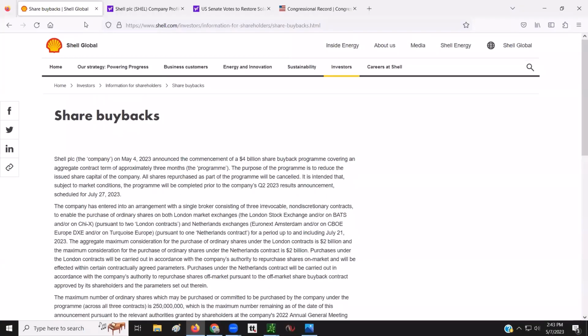Directly from the direct source, not the opinion of a media outlet's news, which is garbage. Direct source, Shell Company. You go to their PR department, the press release department, not to an opinionated for-profit news outlet that spreads disinformation intentionally. Nope, you go straight there. So you can see their public release came out on May 4th, and they're doing a